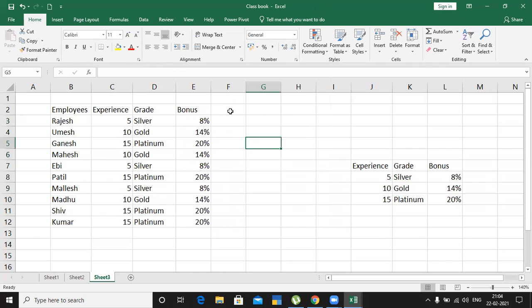Now we will start the calculation of the basic salary and so on.